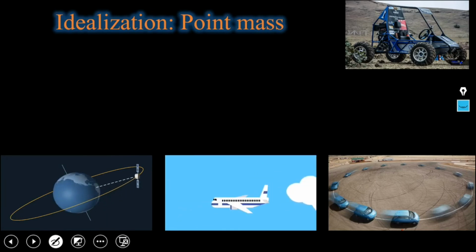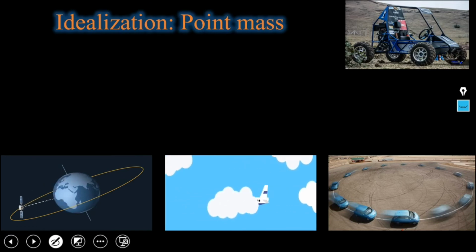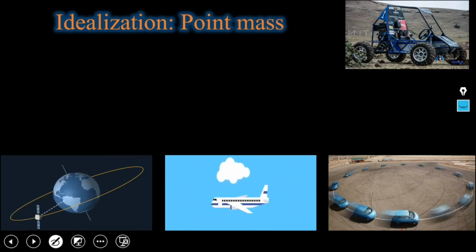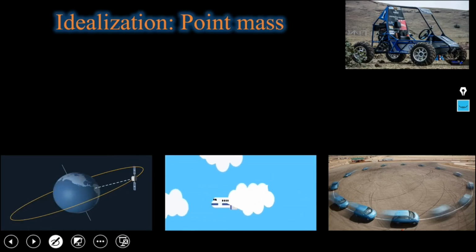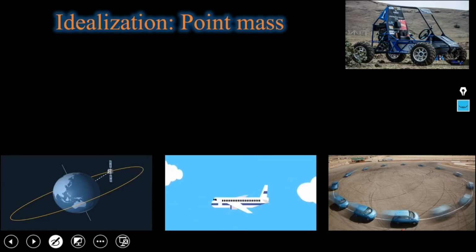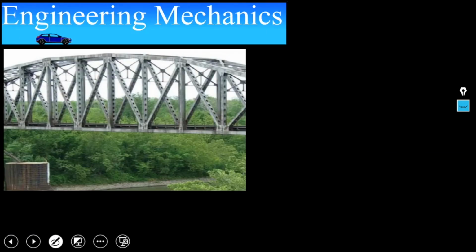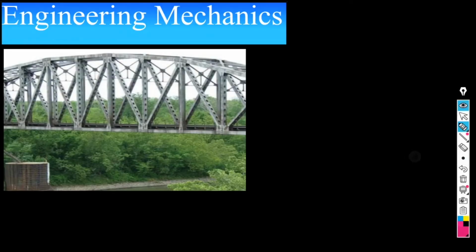In the above cases, a real life 3-dimensional object can be modeled or idealized as a point mass or a particle mass. We know the axioms of a point mass or particle mass. We know Newton's laws are only applicable in the case of a point mass or a particle mass. Let's introduce Newton's first law. If the resultant force acting on a particle is 0, then the particle remains at rest.